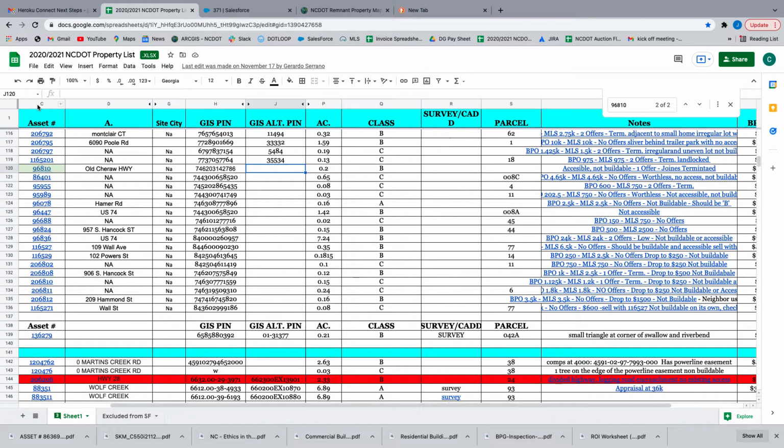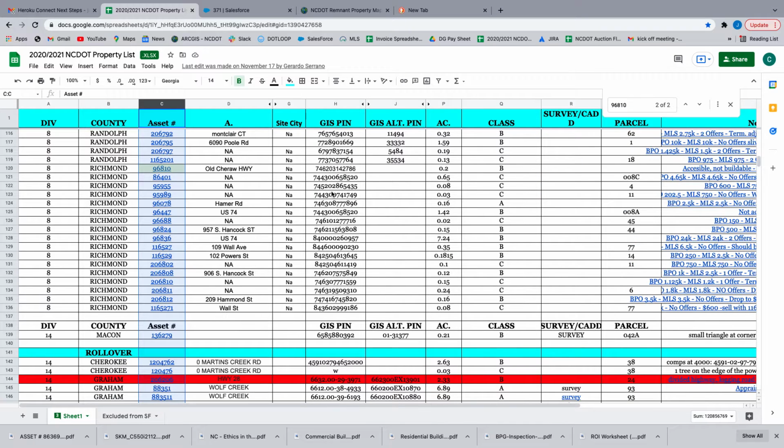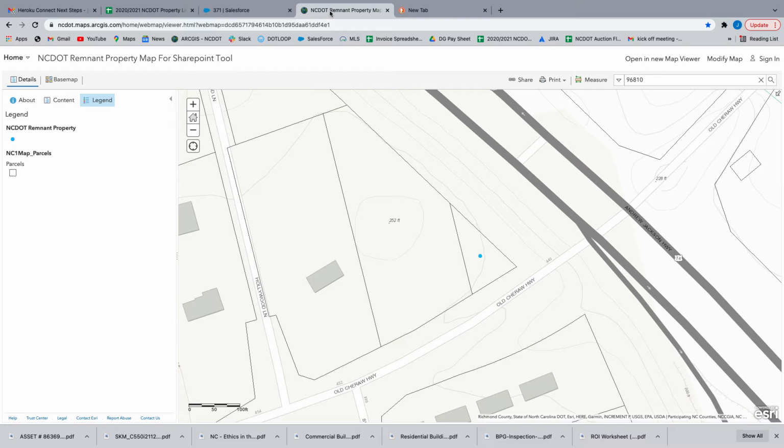This data includes an asset number for the Department of Transportation, the address, GIS, which is the tax record identifier, and some other information. We add notes to it, add BPO price, MLS numbers, etc. But the most important part will be the asset number, GIS pin. We then go to